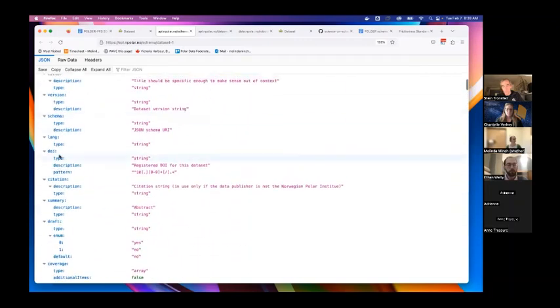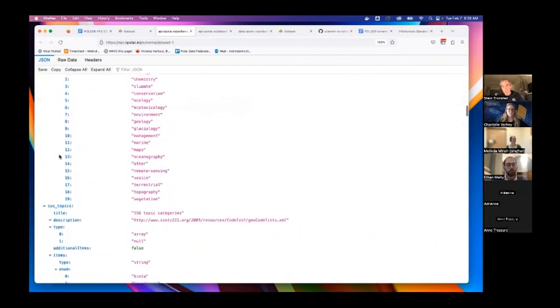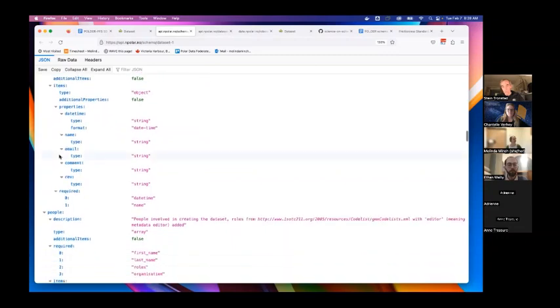This is a very rich schema. You can see that there is a lot of stuff here. There's ways of classifying topics, of licenses,